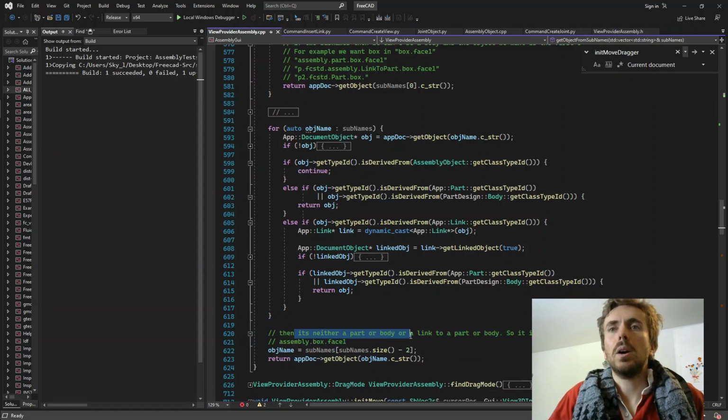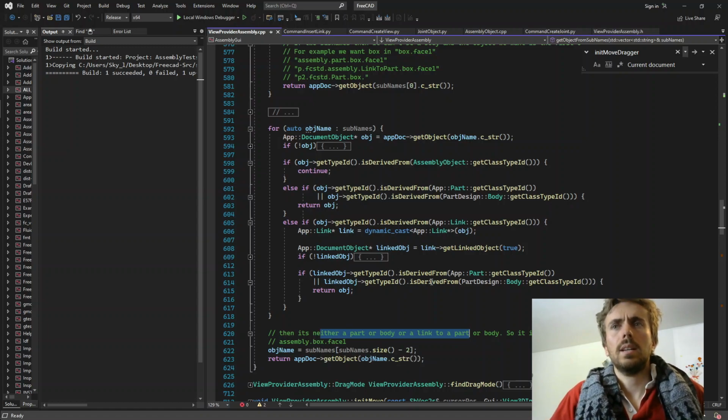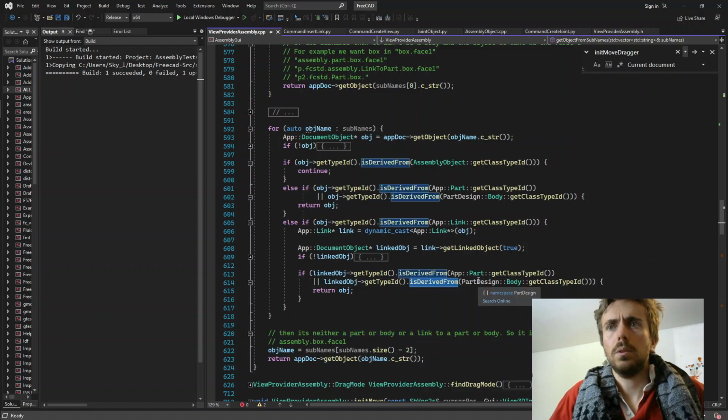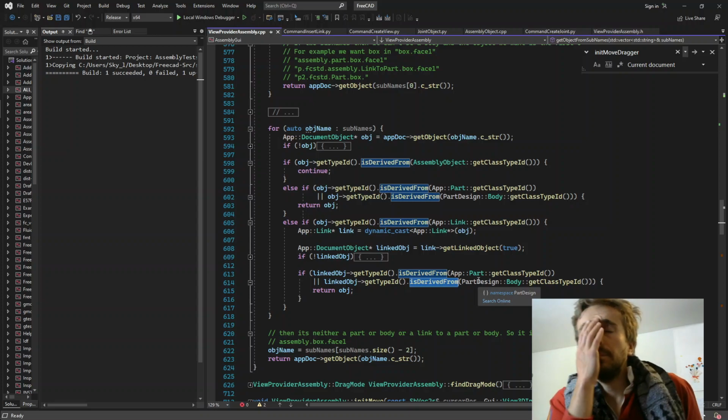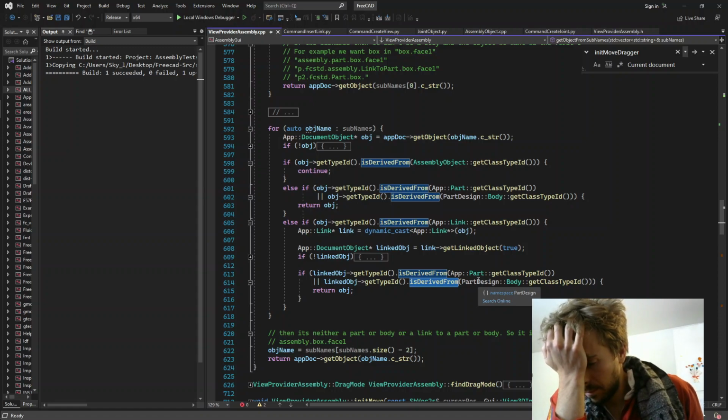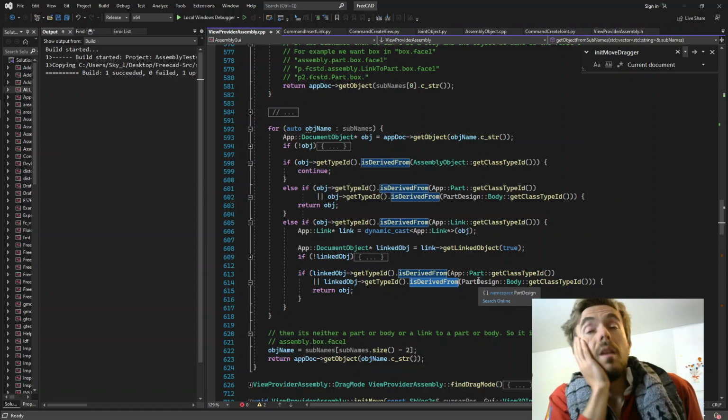Then it's neither a part, a body, or link. It's something like... But this is stupid, because I can just... And it's neither, blah blah blah, it's something like that. I can just here instead of body. Let me think. Part feature. The thing is that